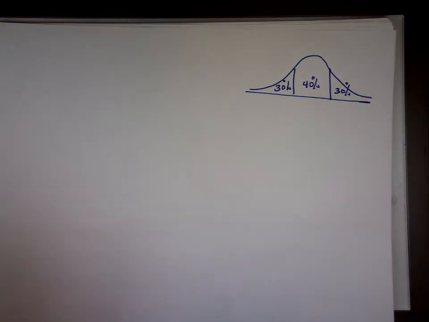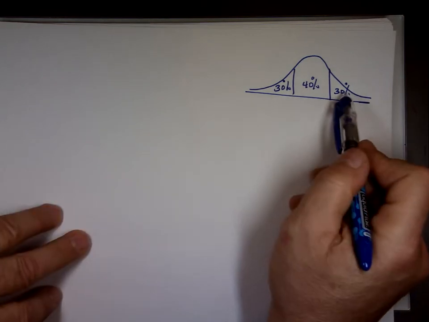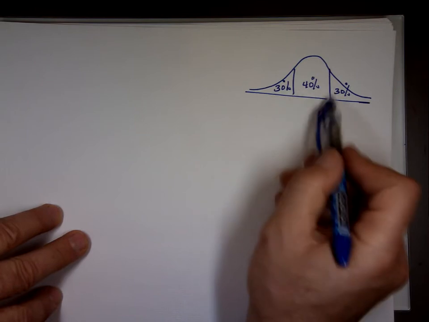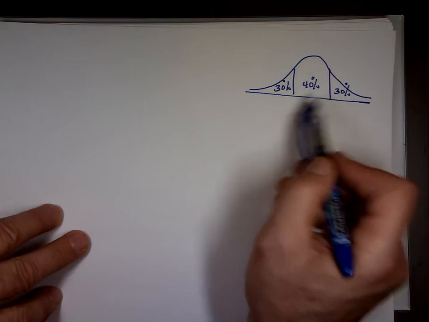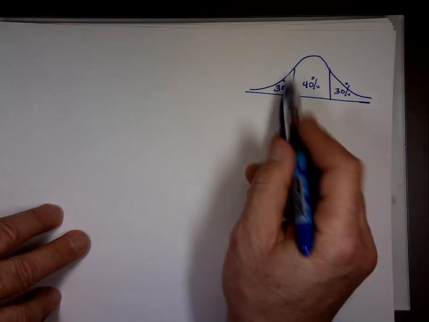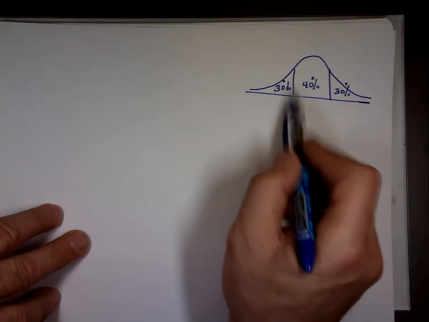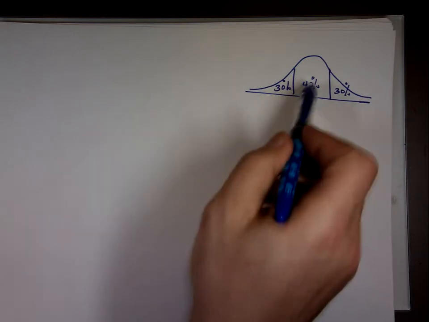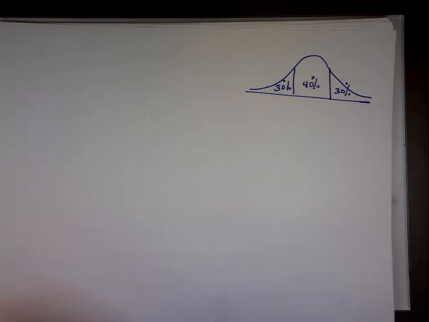So when you go, if you're in this class and you go to that class, everyone in that class has an IQ in the top 30%. If you're in this group here, everyone in the class should have an IQ in that range between these 2 numbers. I'm going to show what these numbers are. And if you are like lower IQ, you'll be with this group. So they want the bottom 30, the middle 40%, and the top 30. That's what they believe, if we do them that way.